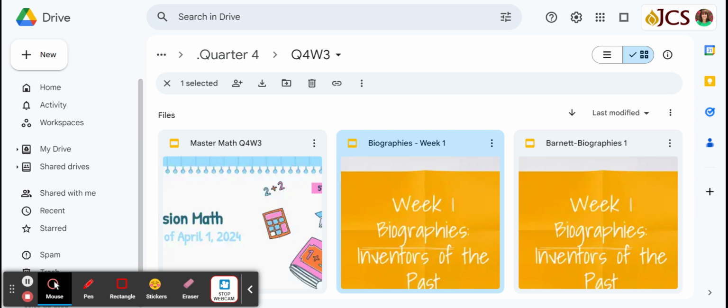Although most of the elements of the team rubric are covered within the slide, within the lesson itself, I can, again, embed materials from my drive. So this is actually a PowerPoint presentation on biographies that I loaded into my drive, and then I have embedded that into my slide deck for the week. So I can click on this and it's going to hyperlink over and open that